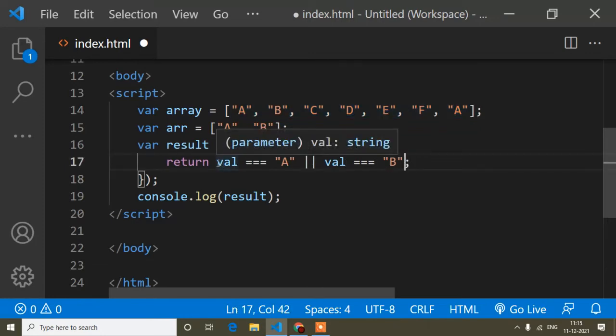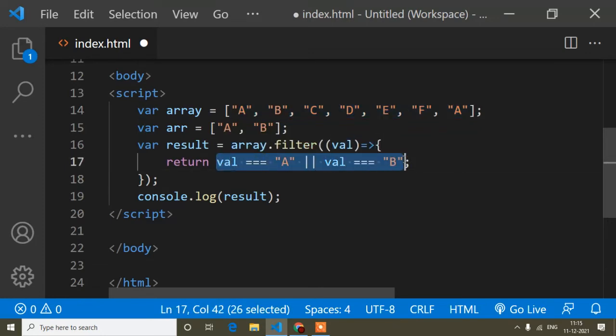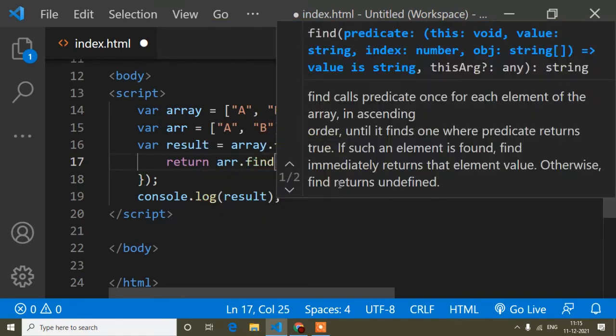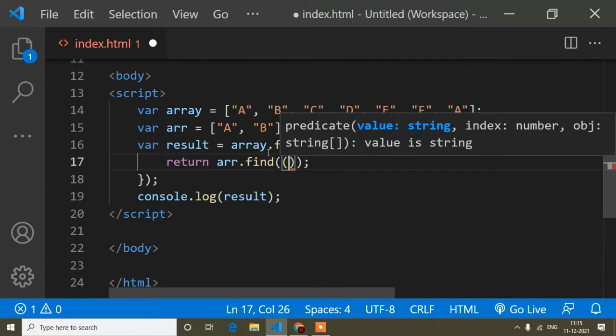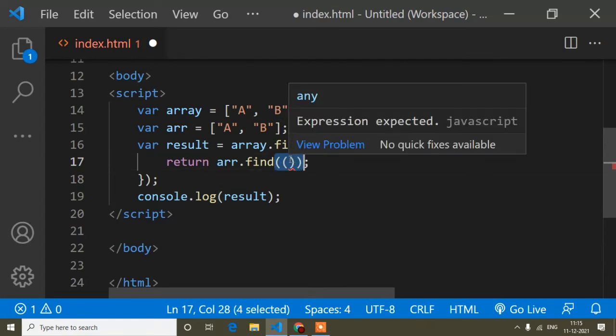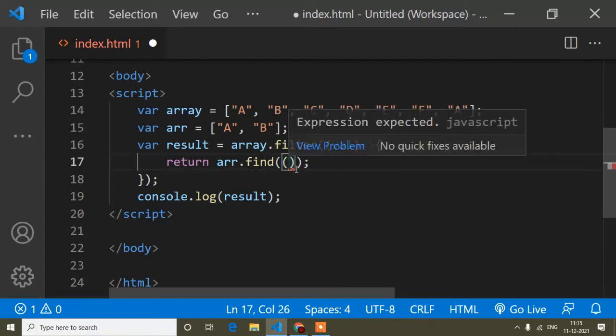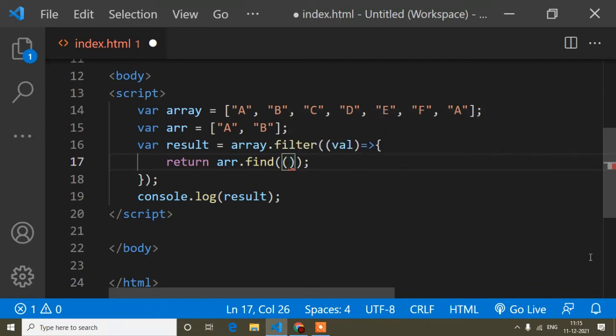So what I will write is, the return will be fine, but from the return I have to find something from this ARR. So here I will write ARR dot find. Okay, and the same thing, double parenthesis, just understand the syntax of the arrow function, and here you have to pass another parameter.